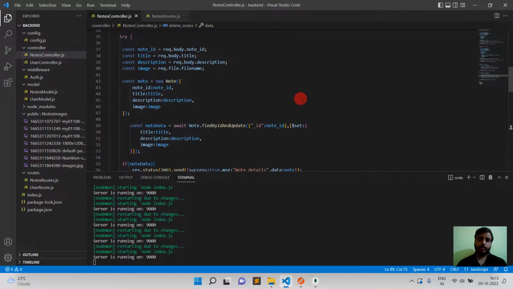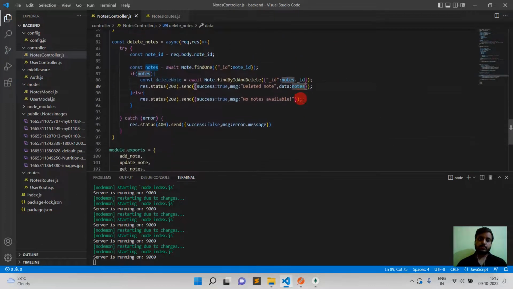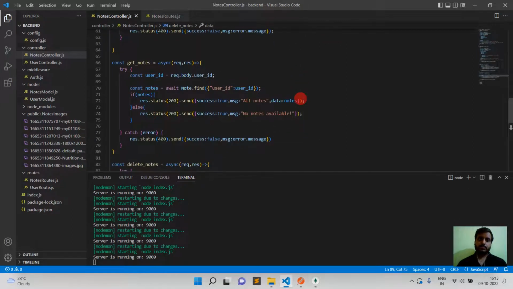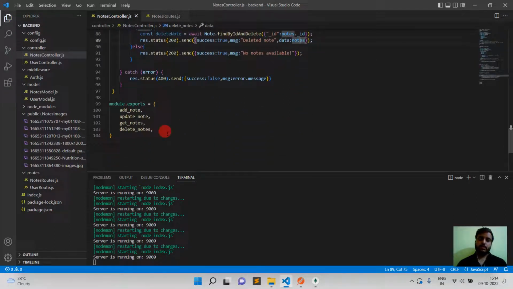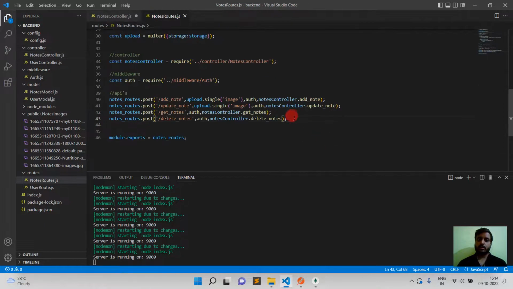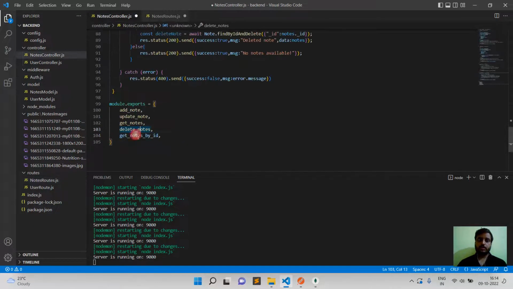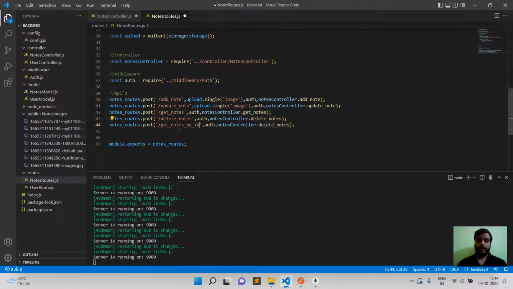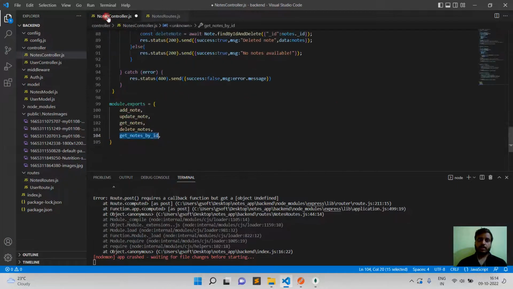And now one more API will be get node by ID. Okay, with the help of ID you will get the nodes. So just copy this and paste here. Copy this and go inside route. Again copy this, paste here, paste here. Okay, and now just